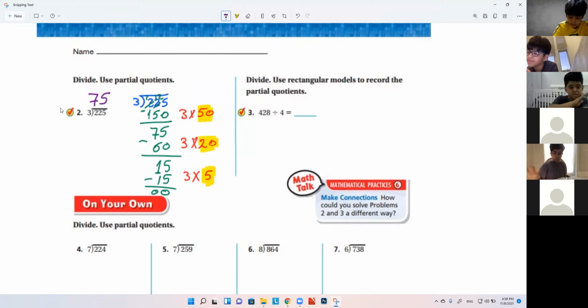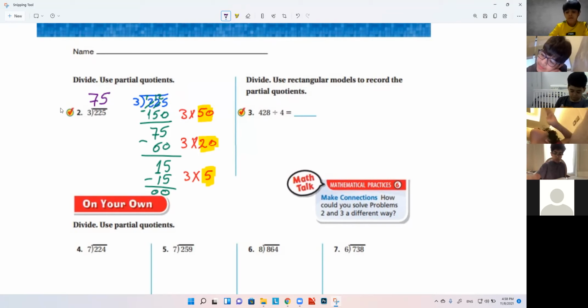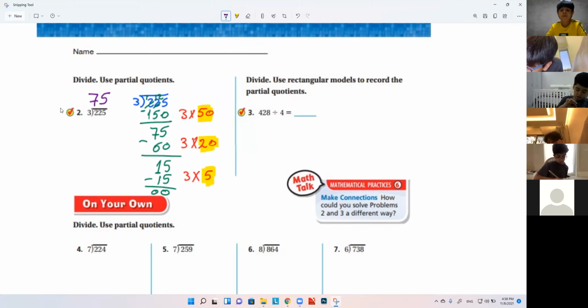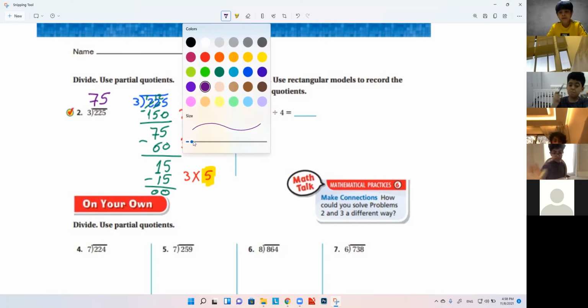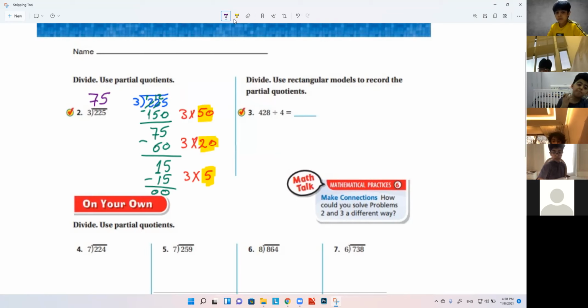Okay, so someone can ask me, Mister, can we multiply by 10 every time? Okay, we can multiply by 10 every time, but it will be very, very long. So to make it short, we can multiply by multiples of 10. Multiples of 10 will be easier, okay? Okay, so write this down and then we're gonna move to the next example.